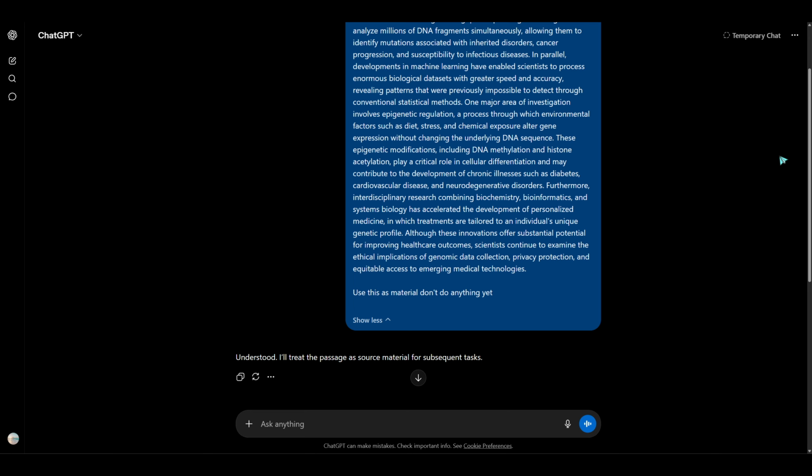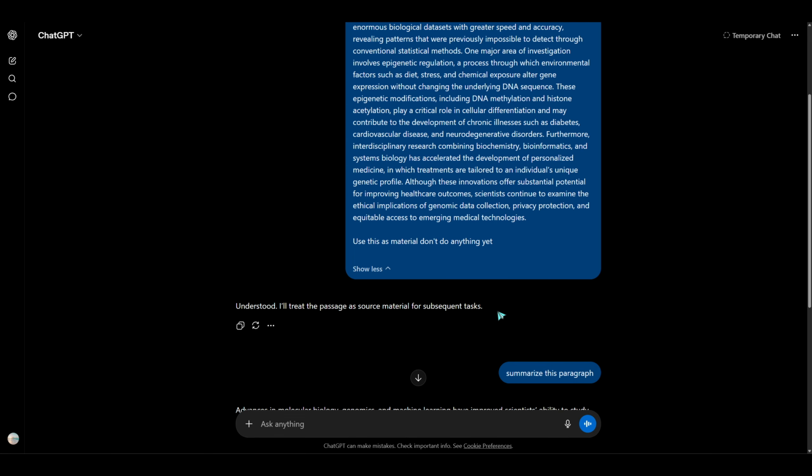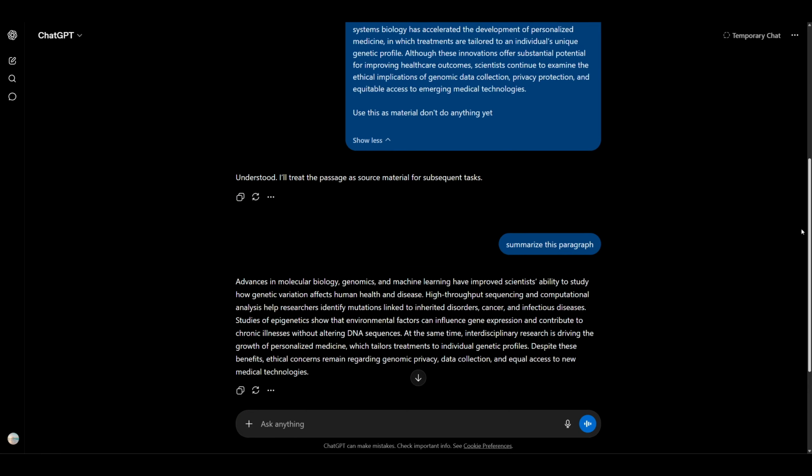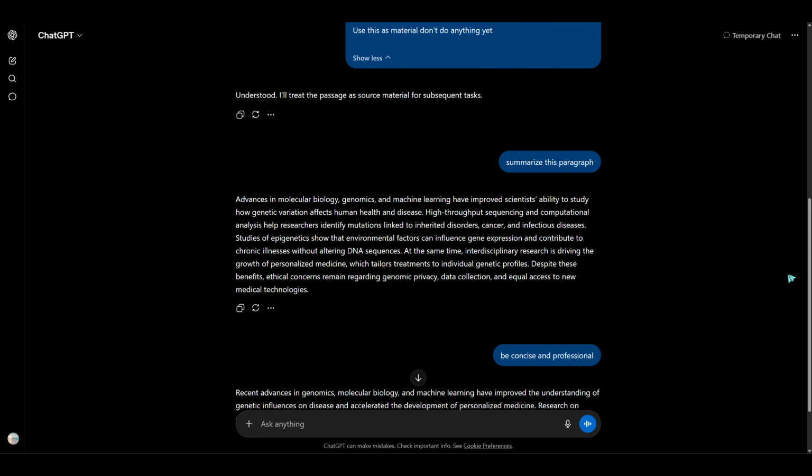Once the source is in place, ask ChatGPT to summarize the paragraph. Keep your request plain and direct, such as, "Please summarize the paragraph." To make the result fit your purpose better, add a few prompt details. For example, you might say, "Be concise and professional," or set a length target like, "Keep it to 2 or